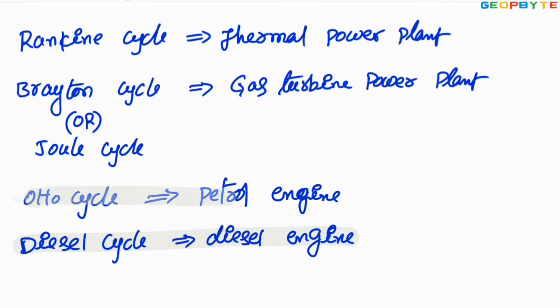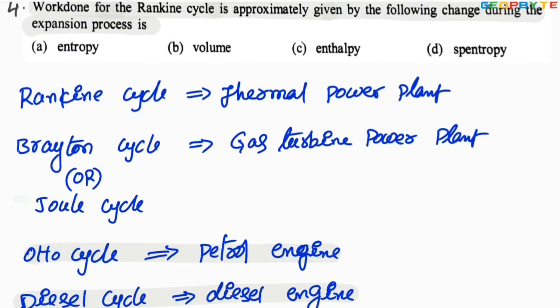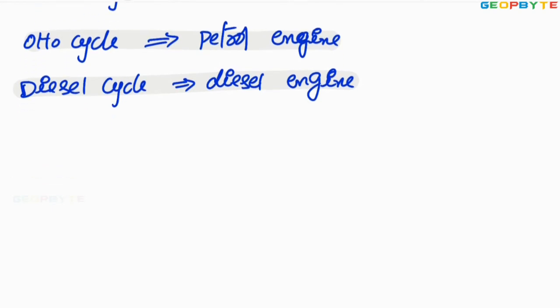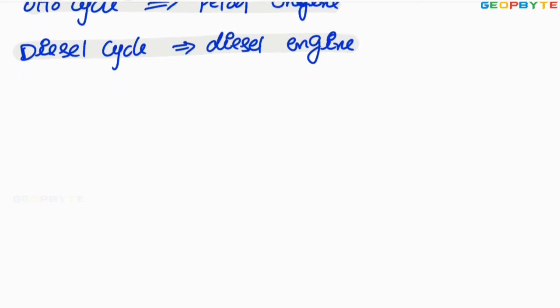Otto cycle is the ideal cycle for petrol engine. Brayton cycle is the ideal cycle for gas turbine power plant. Rankine cycle is the ideal cycle for thermal power plant. If you look at the expansion of the steam in the steam turbine, let us take the